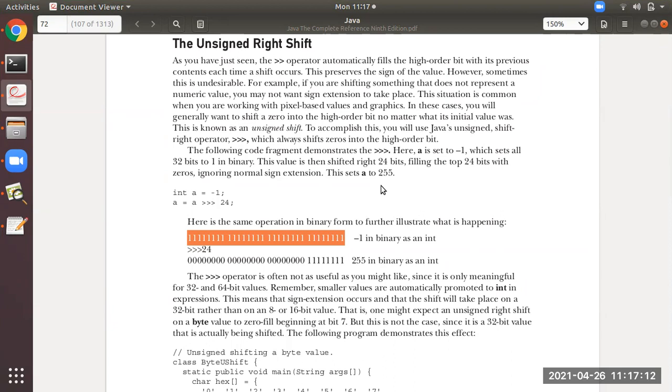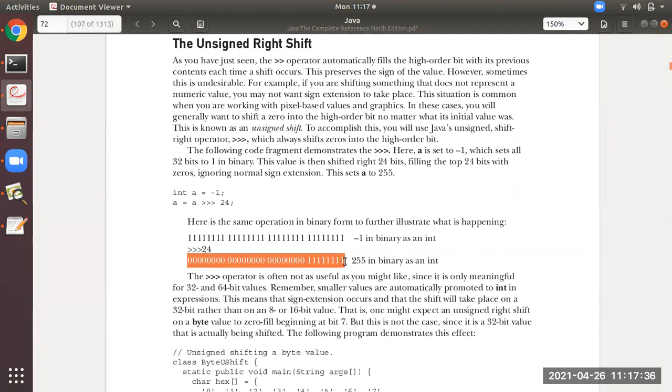Already I've explained in the last classes what is 1's complement, what is 2's complement, making a number become a negative number in the form of binary. So this is what actually is the negative number of 1, the 2's complement number of 1, that is -1. So after performing unsigned right shift 24 times, you will get this number, which is the number generated after performing the unsigned right shift 24 times, which is a positive number.